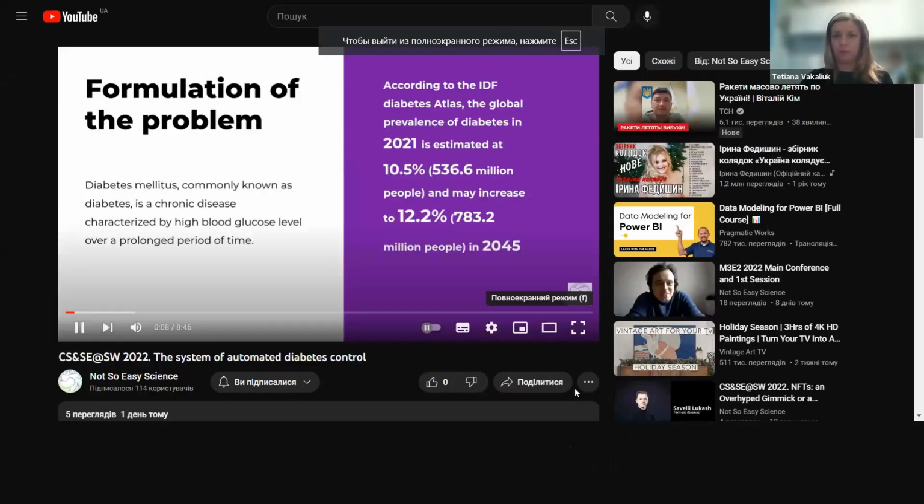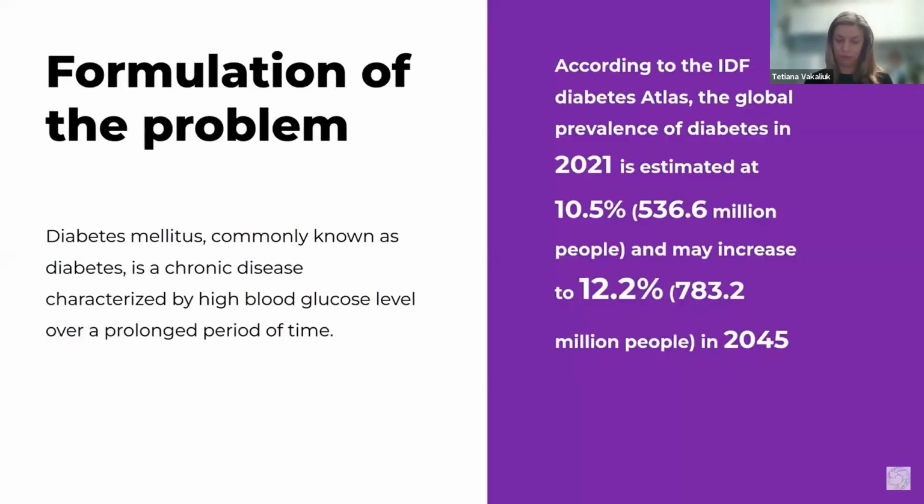Diabetes is a disease characterized by high blood glucose level over a prolonged period of time. Patients with diabetes have pancreas malfunction in combination with low insulin sensitivity. This leads to fluctuations in blood glucose levels, in particular to the appearance of both hyperglycemia, high glucose concentration, and hypoglycemia, low glucose concentration. Therefore, there is a need to find treatments that can improve the living standards of people with this disease.